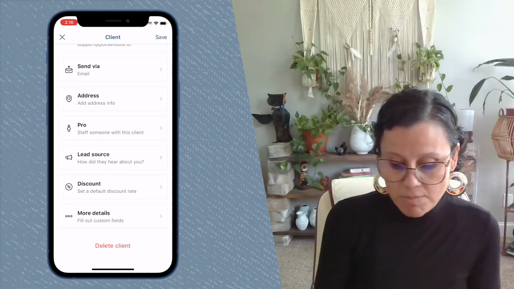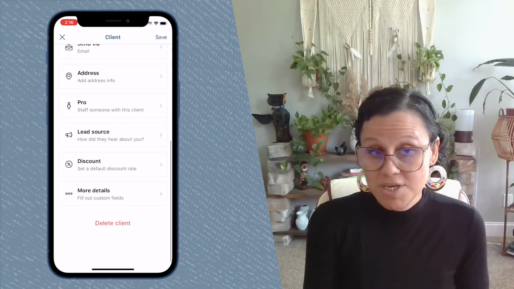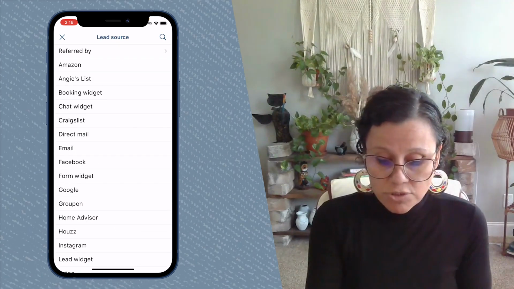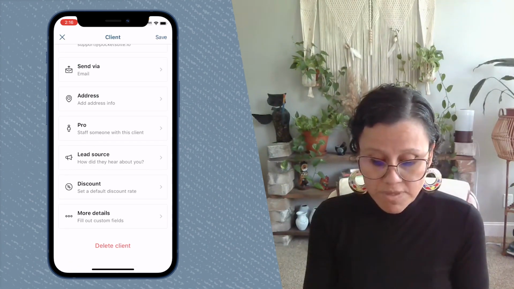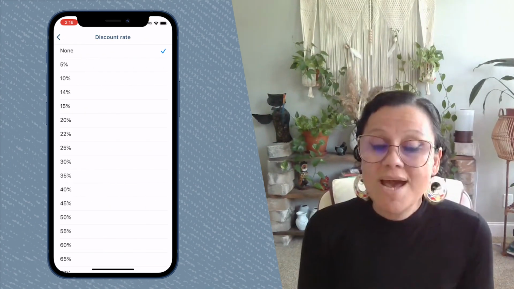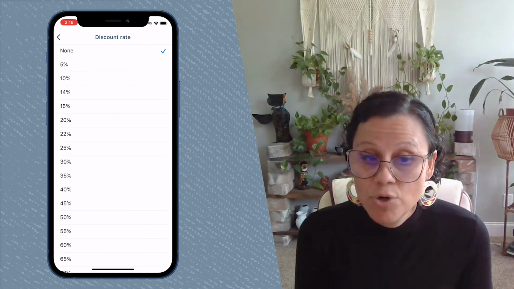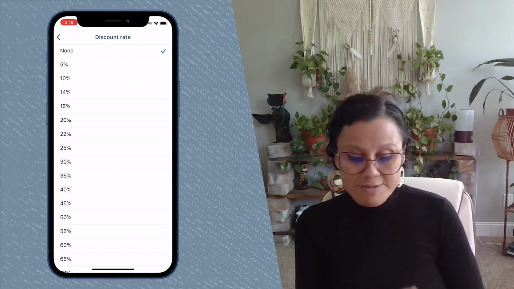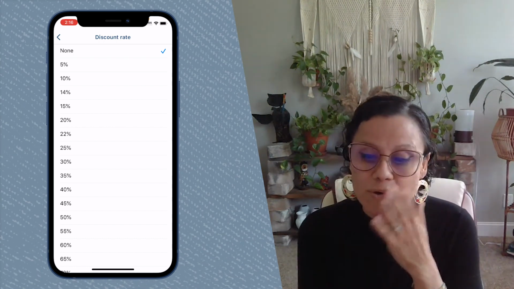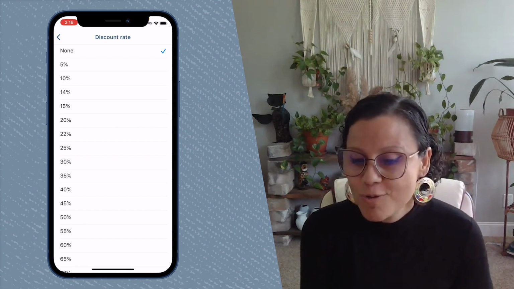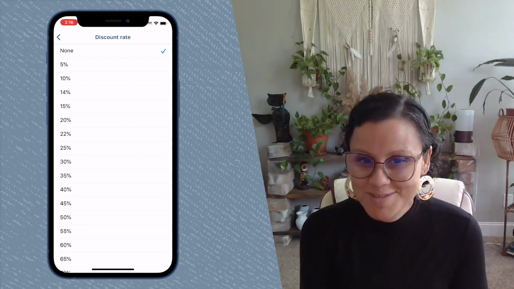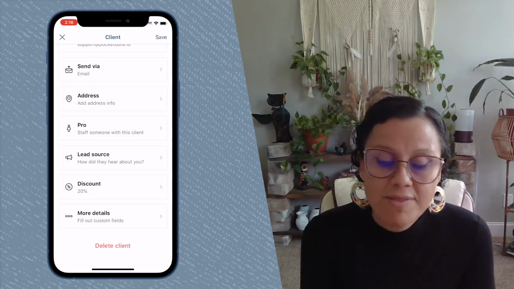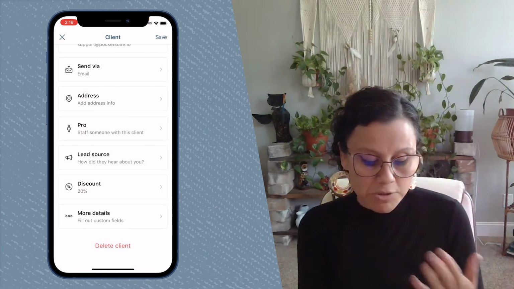Then you might want to add their address. If you have a team member, maybe they work with a particular team member. Lead source is how they heard about you. Okay. Discount. You can actually add a discount right to the client profile. So this is an amazing way to reward your loyal customer base, right? You can add a discount right to their profile, and then anytime that they check out with you, it'll automatically